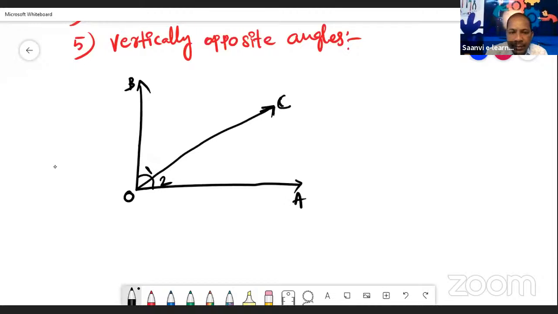Did you understand, children? If we observe angle 1 and angle 2, they have a common vertex O, and OC is the common arm, right? So two angles having a common vertex and common arm are called